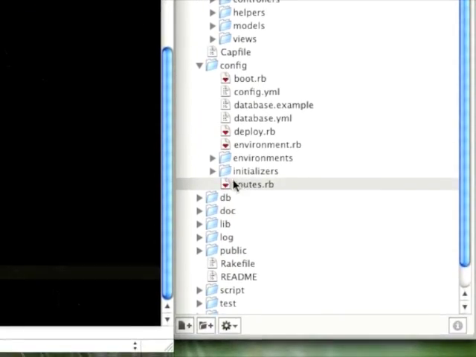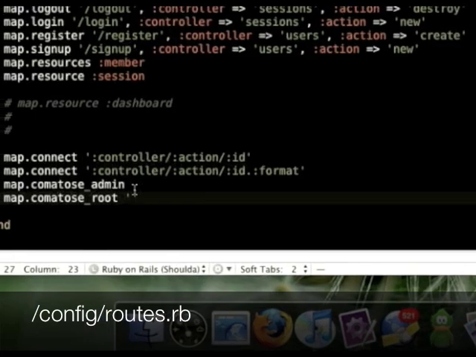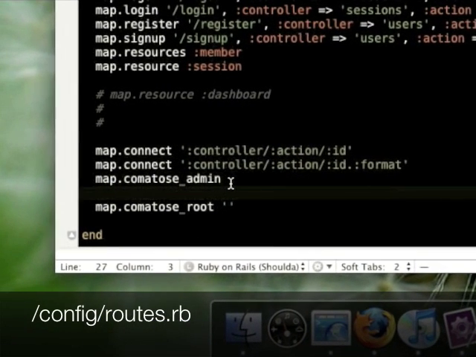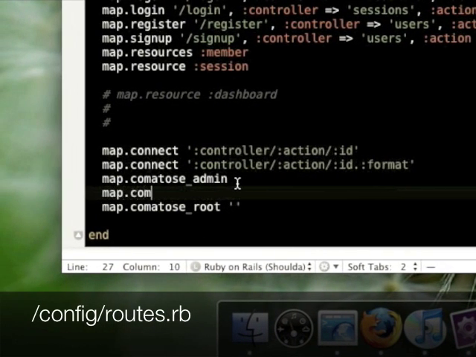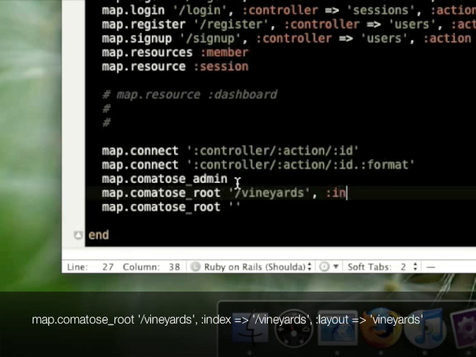Now we need to go to another file called routes. This is an important file that tells Rails how to take the URL and render out the correct page. And I'm going to add a line here called Comatose root / vineyards index, vineyards /